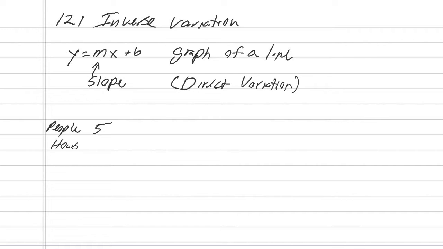Let's just say it takes 30 hours to do this particular job. Well, if we doubled the number of people, it makes sense that 10 people would take half that time, so about 15 hours. If we doubled my people again, up to 20 people to do the same job, it would take half of that,